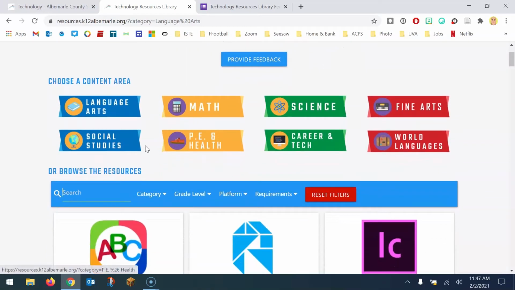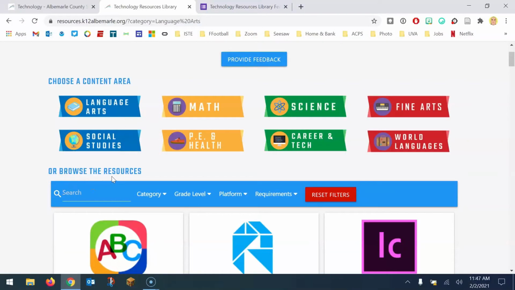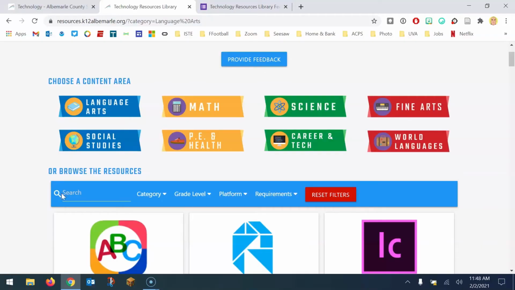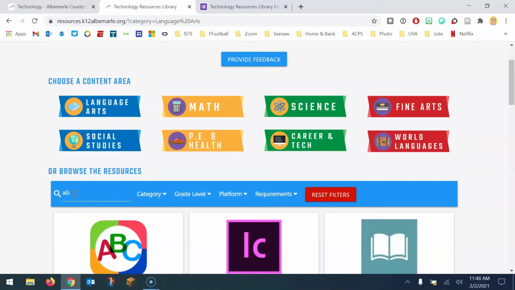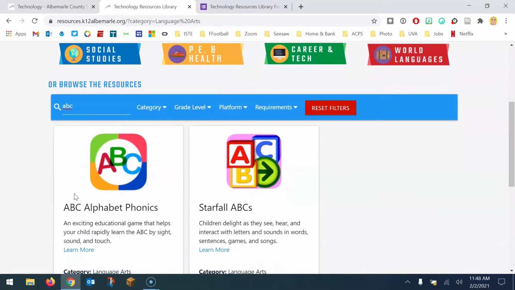The third area is the blue bar that is beneath the Or Browse the Resources heading. This blue bar contains a search tool. You can search for individual tools if you know what you're looking for. Simply hover over the magnifying glass, or in the field that says search, type what you're looking for. For example, I'm going to type A, B, C, and you will see a list of results that have ABC